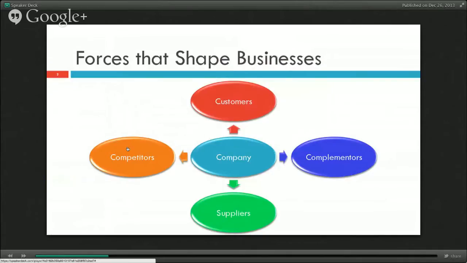So the idea that I'm going to describe is this concept of what actually shapes the business. Like any business you think about, who are the people, who are the agencies, who are the operators? What are those forces that shape a business? Ultimately, at the end of the day, we are designing some software, designing some architecture, some product, some service. For who? For somebody who's going to use it. And so that somebody,